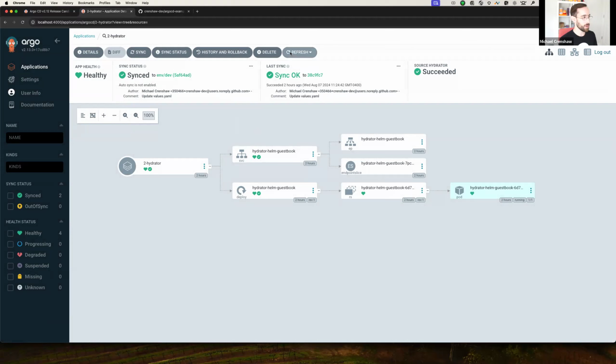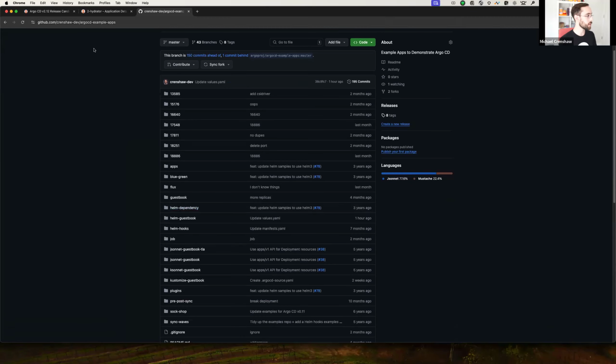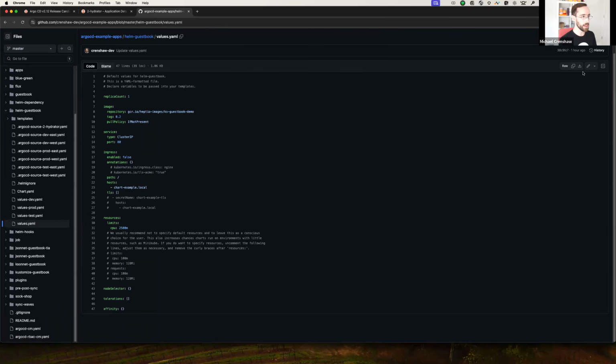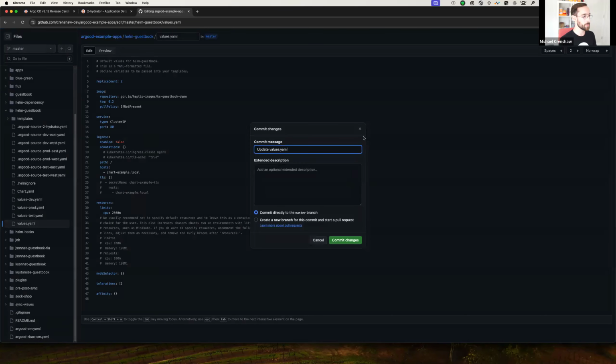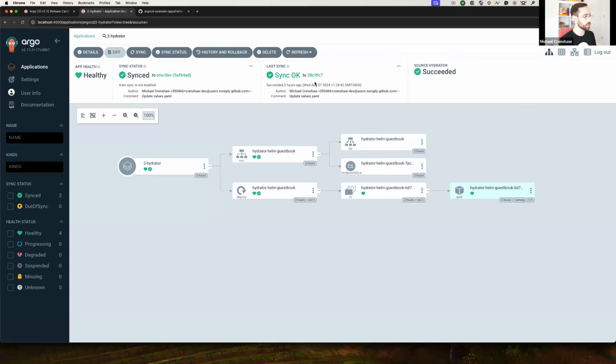That's a good thing because I've already run the source hydrator on this app, so it's been rendered out to my Argo CD example apps fork. But if I go in and make a change to Helm guestbook, I've got a values file that I can edit and bump the replica count to 2. If I commit this change out to the master branch and I refresh my app,